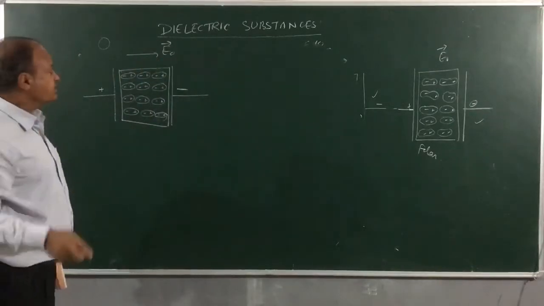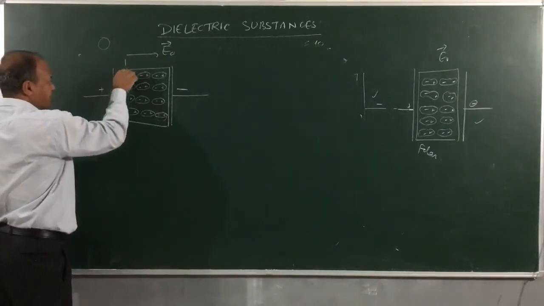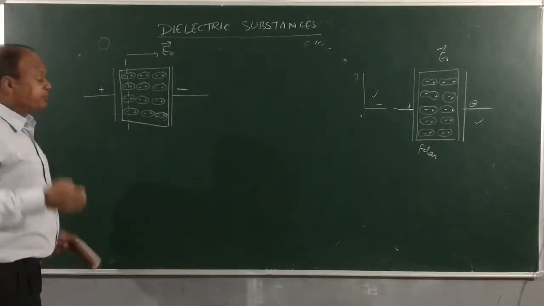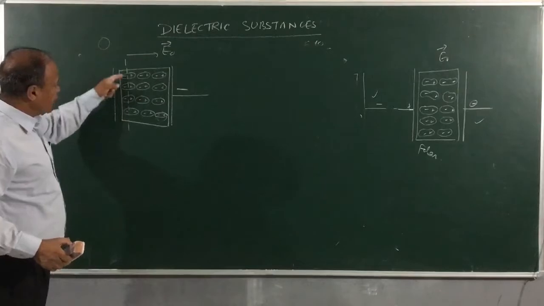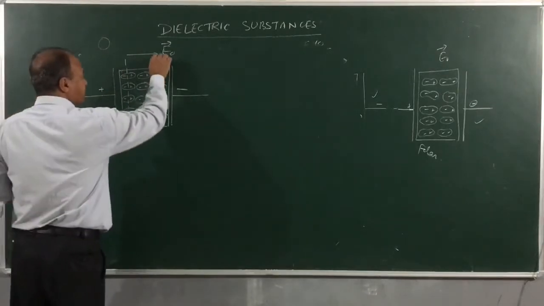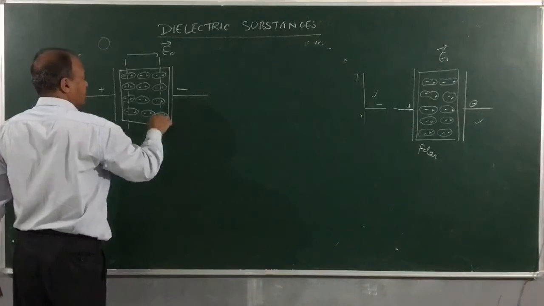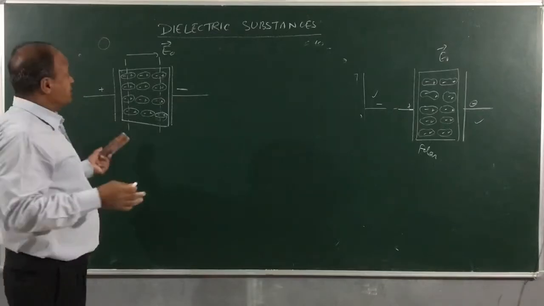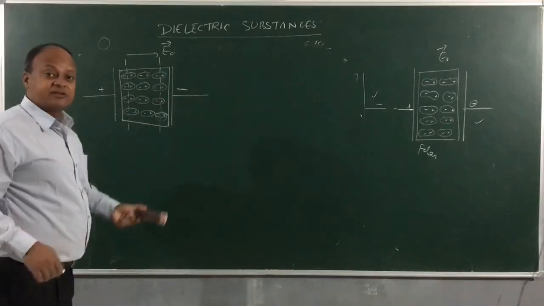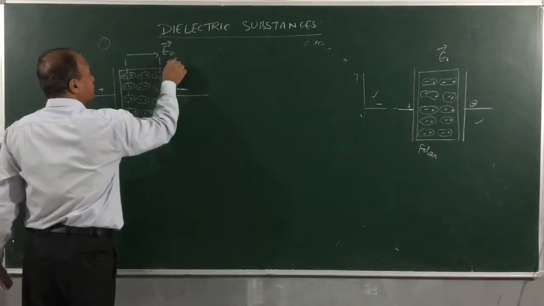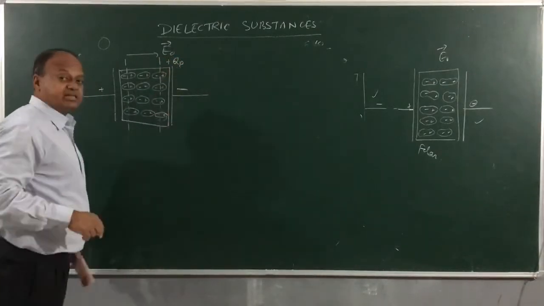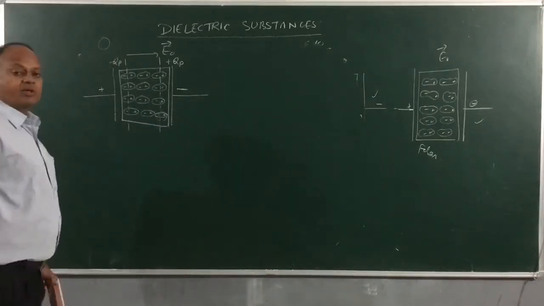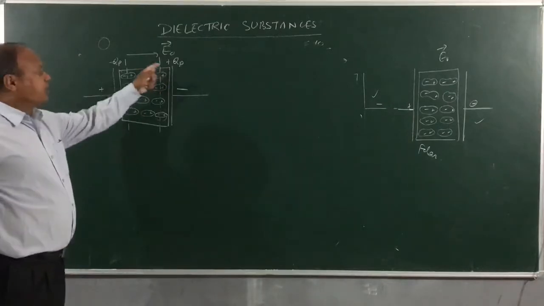The first thing I notice is that if I look on the left, then I can see that these charges minus q, they have not been neutralized. For example, if I count 1, 2, 3, 4, I am getting 4 units of negative charge, and on this side, same, 1, 2, 3, 4 positive charge. These charges were not there earlier. These charges are appearing when I am applying the external electric field. If I say that these charges are plus qp, p for polarized charge, then this side will have minus qp, which will be polarized charge, equal and opposite charges.